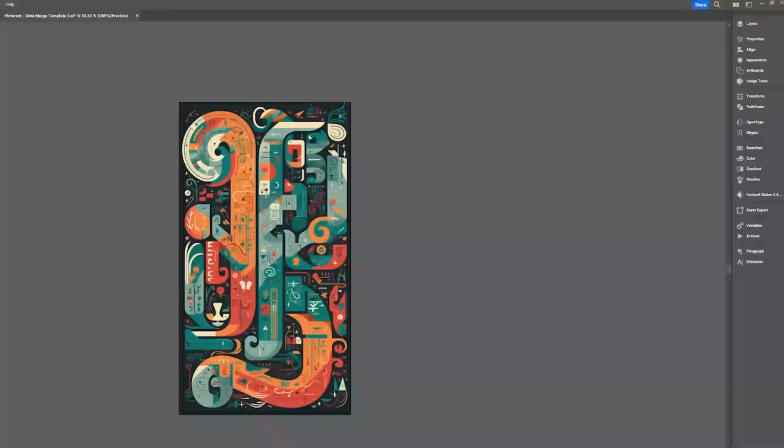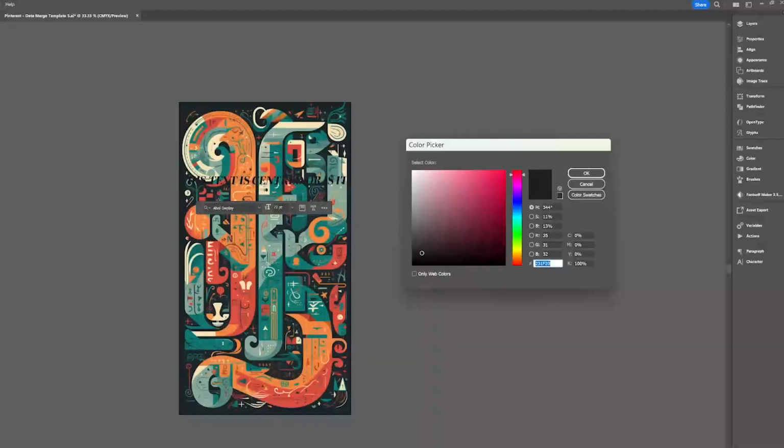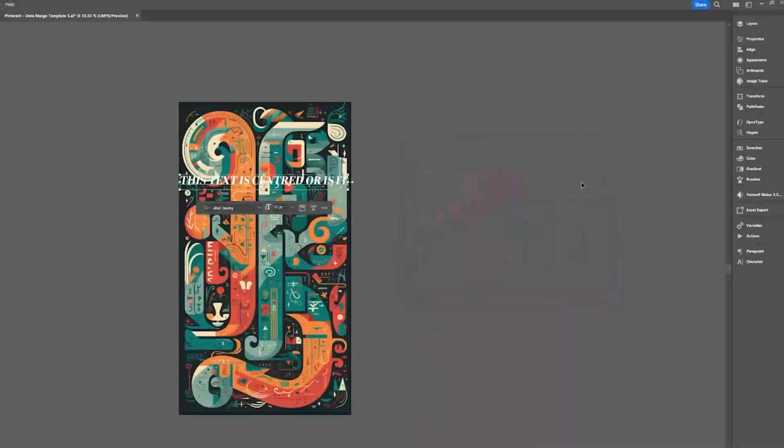Okay, so in regards to your question on the text issue that you were having with Data Merge, I think I understand what's happening with it. I just want to explain that there are two types of text in Adobe Illustrator. So I'm just going to first do the point text, which I'm typing out here and adjusting to the middle of the artboard. So this here is point text, and there is also